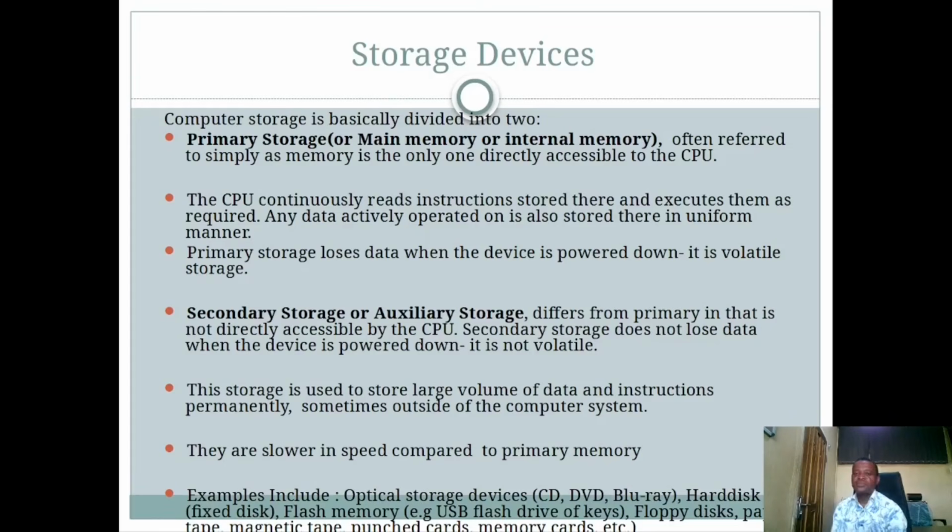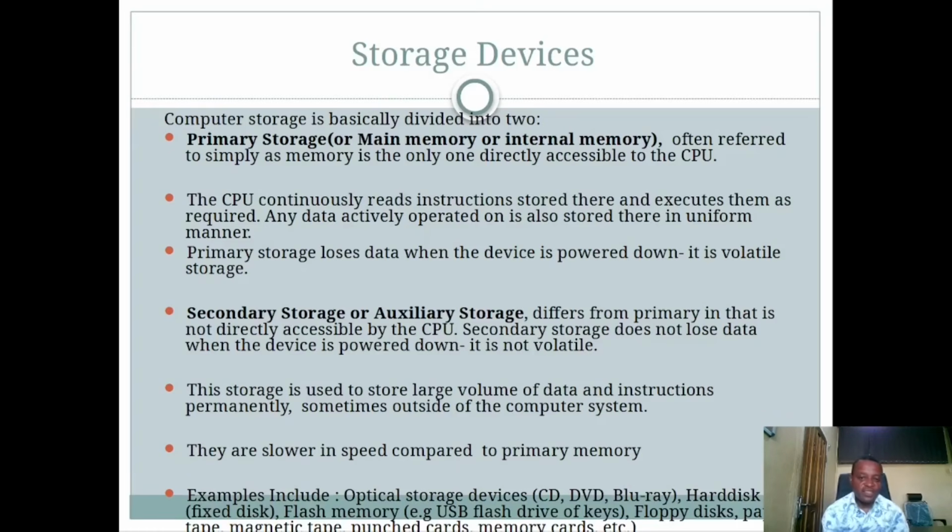So what are we looking at? We are looking at storage devices, and storage devices are basically referred to as secondary storage or auxiliary storage. You have the primary storage, which we have discussed before. Now we are looking at secondary storage or auxiliary storage. Now, examples of storage devices, which are otherwise called secondary storage or auxiliary storage, include